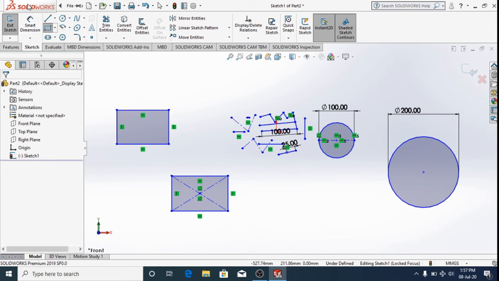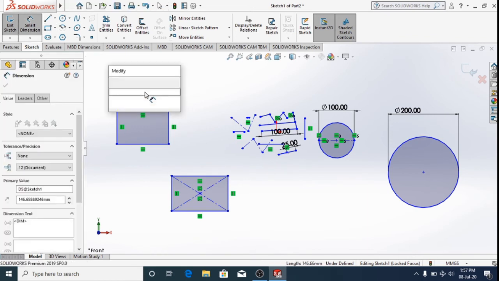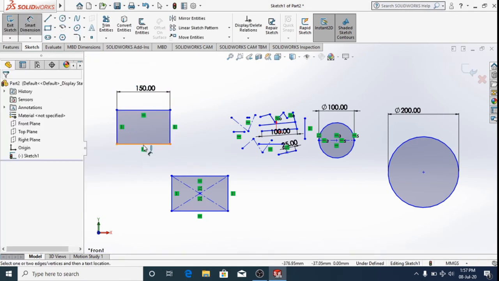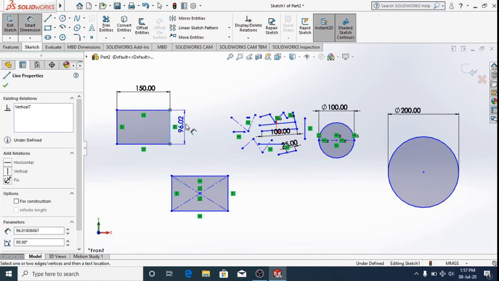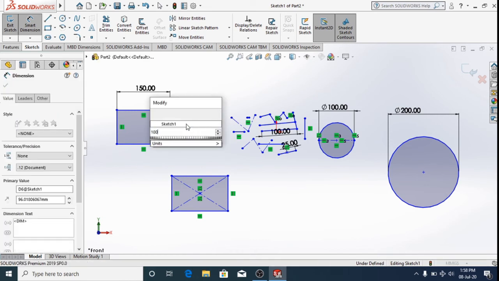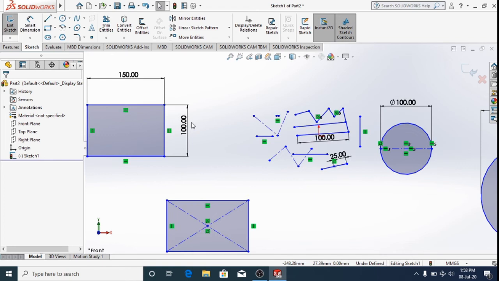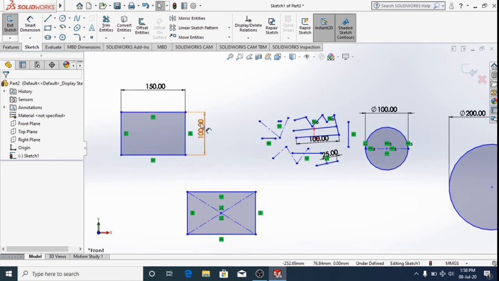dimensions. And we can also change the dimensions of each side. So if I'm going to give this as 150, the other half also becomes 150, but this thing is still blue. This indicates that the complete dimension of the rectangle is not given. Now it became black, so this will be the dimension which I have given.